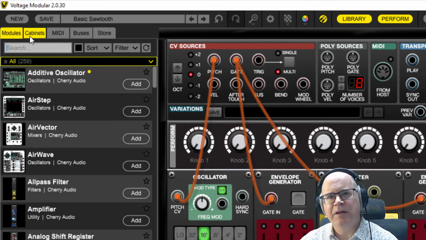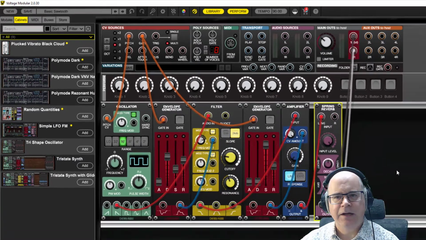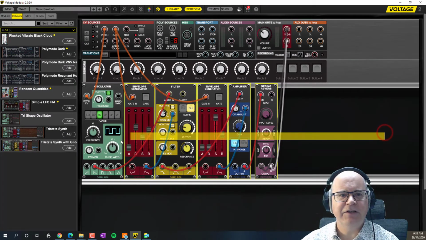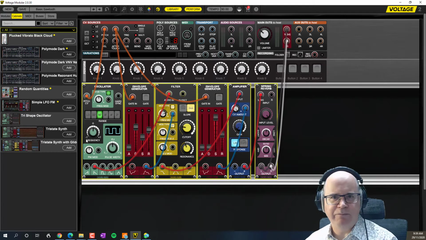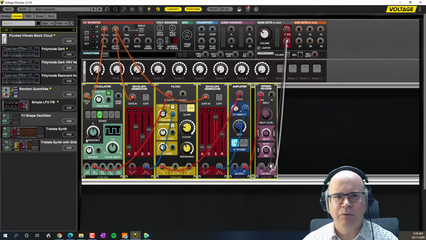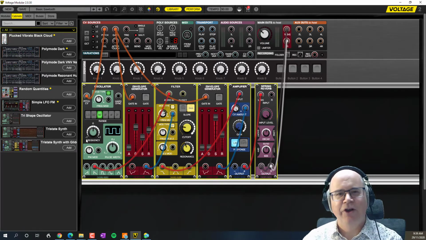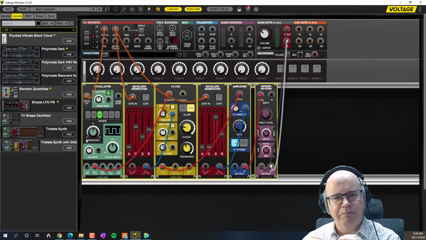The other thing that is really important is this idea of cabinets. Now, we're going to explore this in more detail in a later tutorial, but a cabinet is simply, think of it as a row of modules that you have put together. And the great thing with this particular environment is that you can not only save your entire preset, your entire synthesizer, you can also save just a cabinet, which means you can build components of your synthesizer, the sounds, the